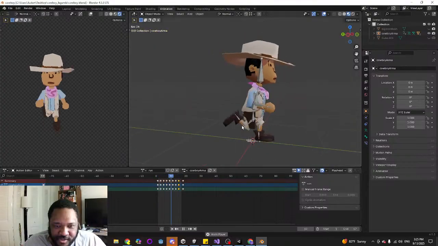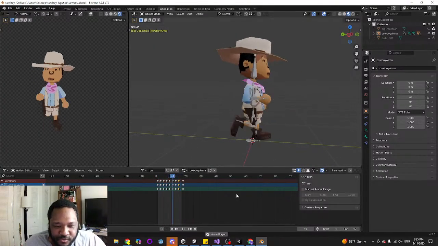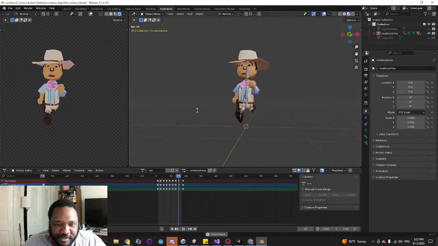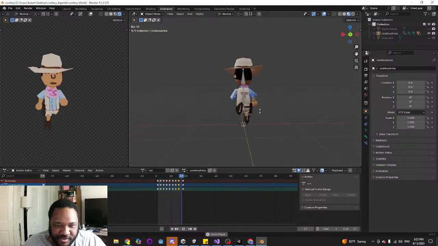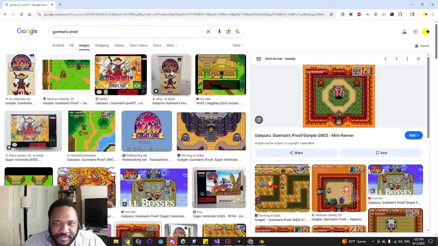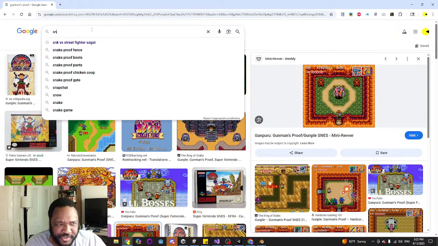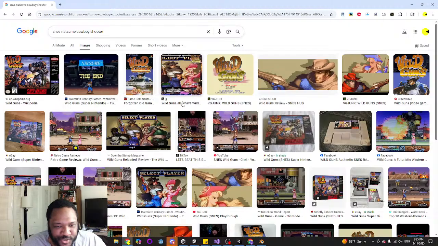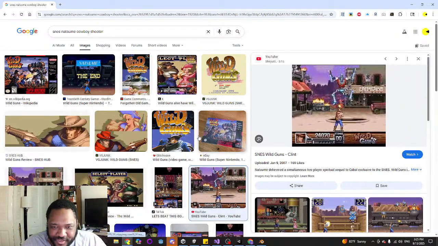So I've just been thinking, okay, if I can't get a new Mega Man Legends game out of Capcom, then I'm just gonna make my own, and it's gonna be about cowboys in a mechanical Wild West setting, sort of like, oh, what's that Super Nintendo game? I think it's a Natsume cowboy game. This is how I search for anything. So yeah, Wild Guns. I kind of want it to be in a Wild Guns universe, where you have robots and stuff.